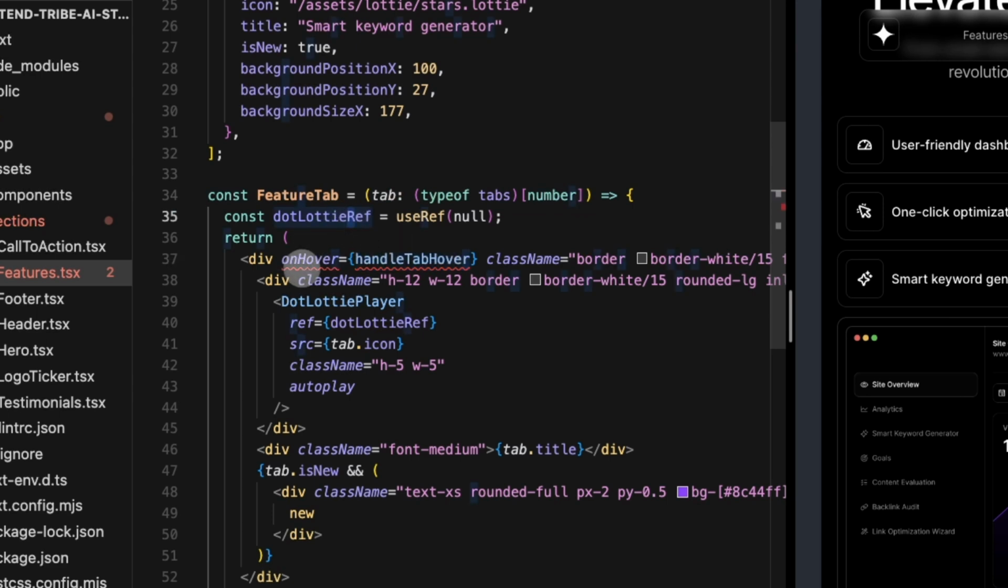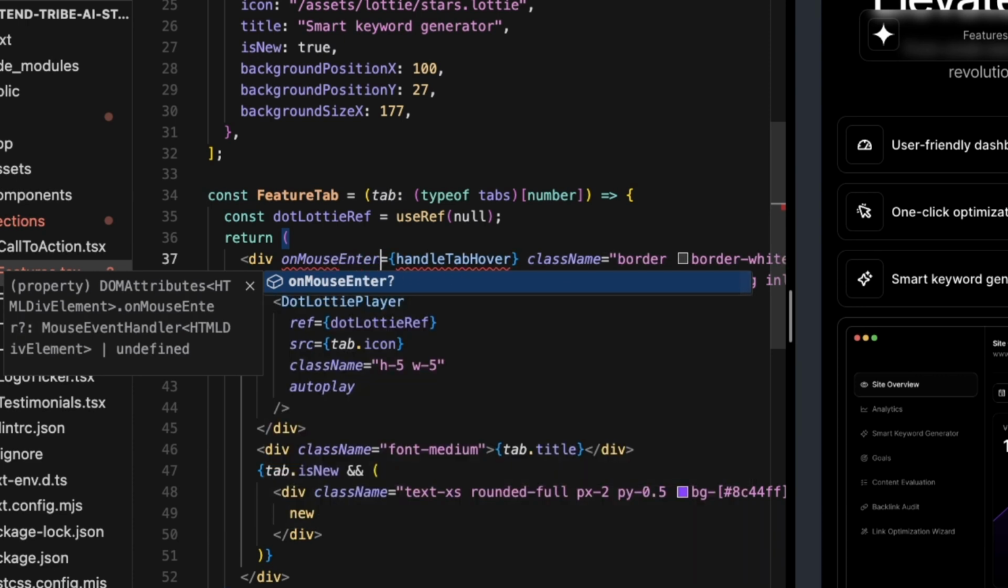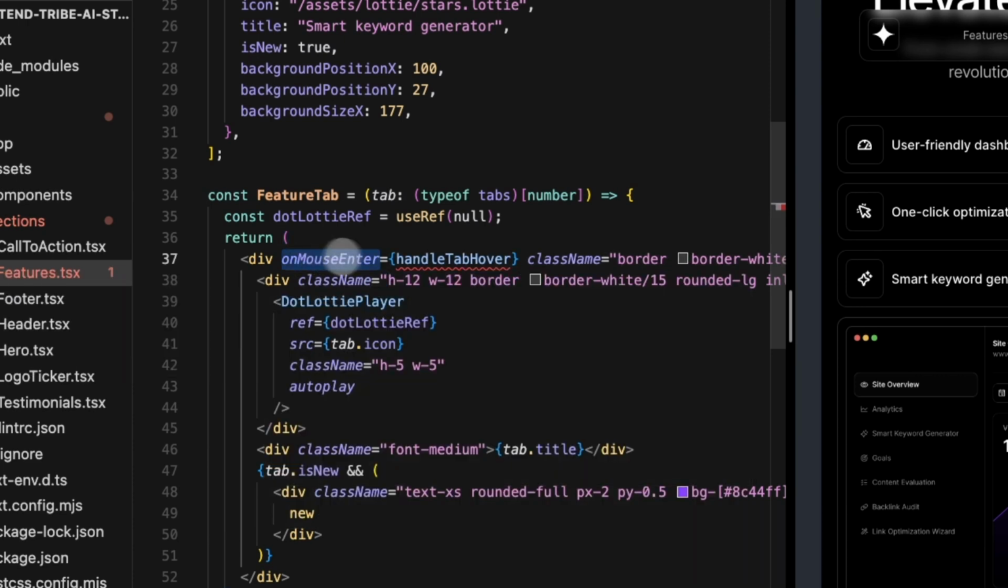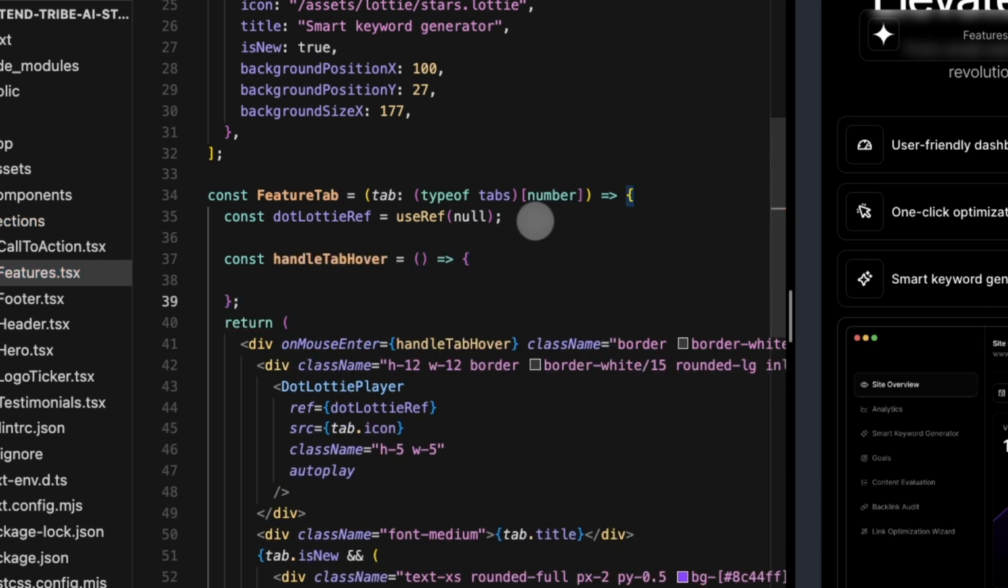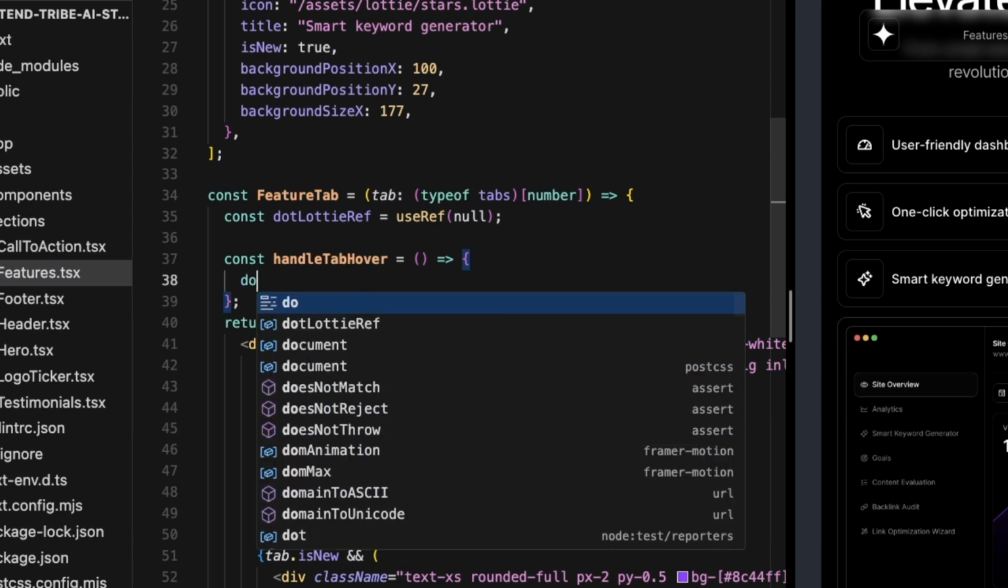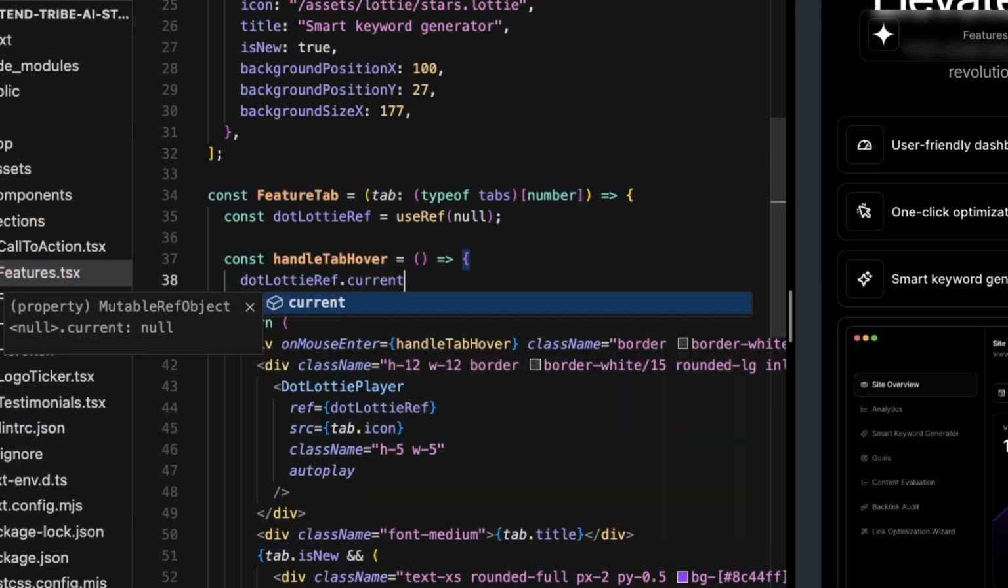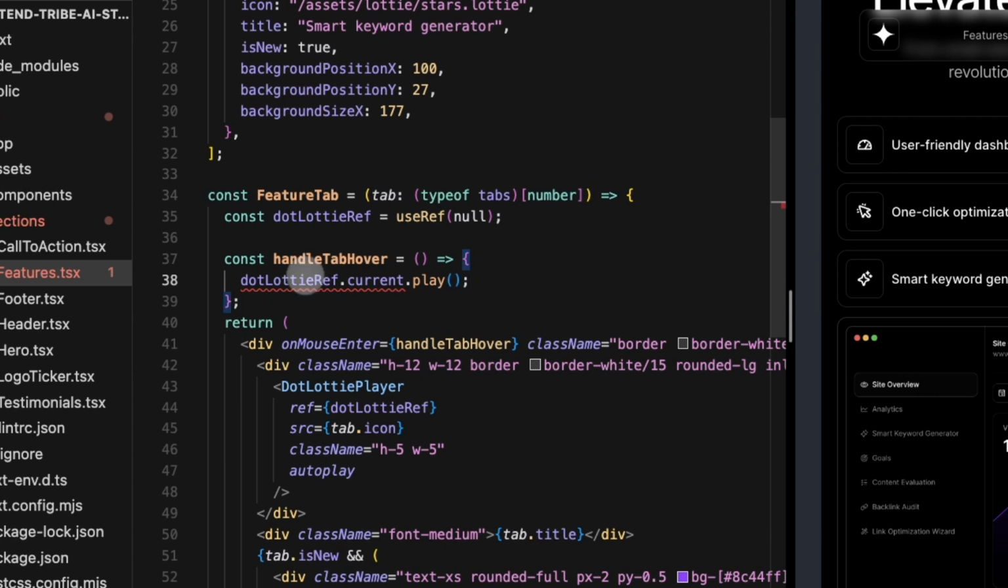And actually, I don't need to say on hover here. I need to say on mouse enter because that's the actual event that we can handle. So let's go ahead and create our const for handle tab hover. So I'm going to say const handle tab hover, and that's going to be a function that runs, and we're going to then use this .lottie ref to go ahead and play our animation when that is hovered. So what we're going to do is we're going to say that .lottie ref.current .play, and that should play our